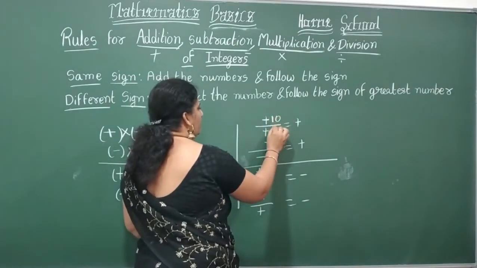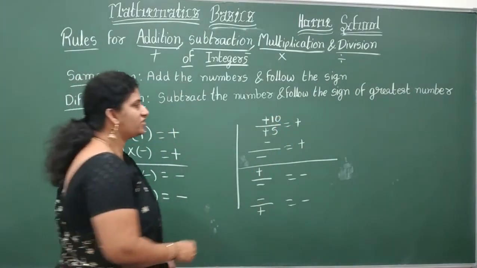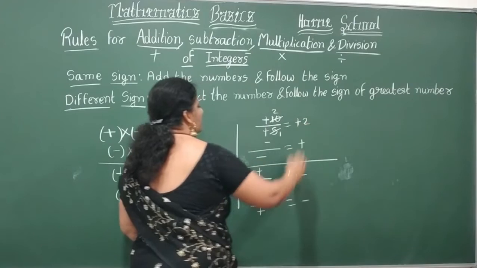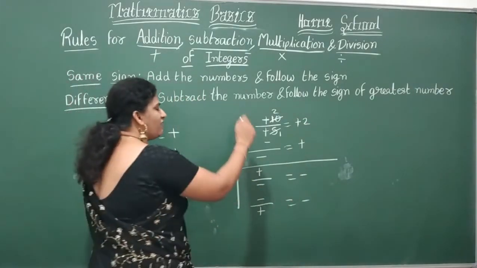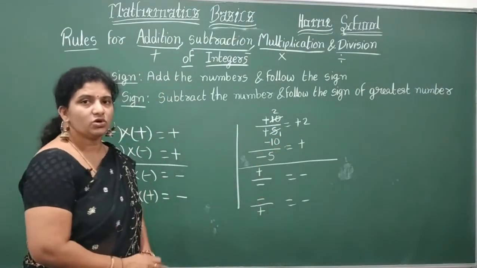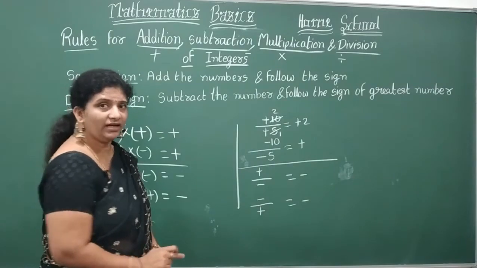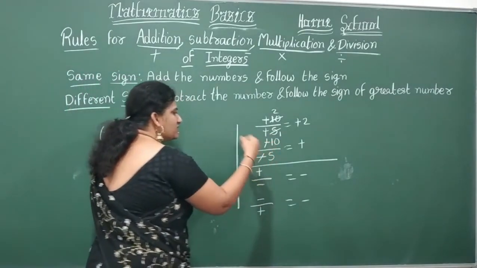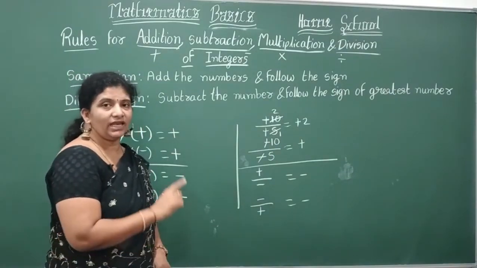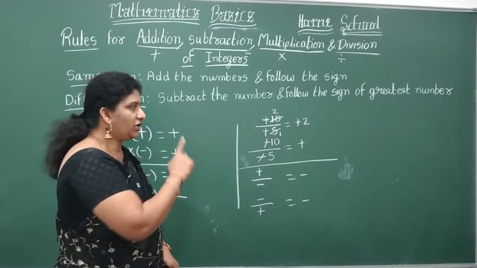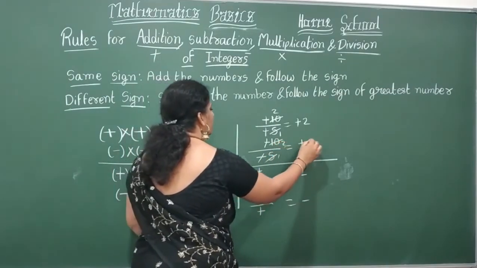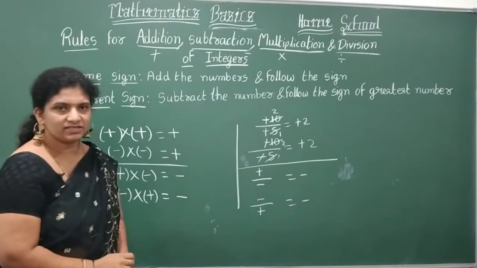Plus 10 by plus 5. So what happens here, children? 5 1s are 5, 5 2s are 10. That is plus 2, your answer. Okay, the same value I am going to take here. Minus 10 by minus 5 I am taking. So here what is happening? How do you divide here? Minus minus will be cancelled, children. So it becomes positive there. Okay, when any negative value is divided by a negative, the negatives will be cancelled. So now 5 2s are 10. That is positive 2, your answer.